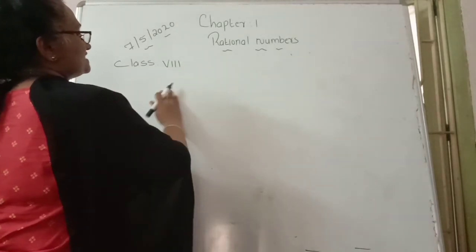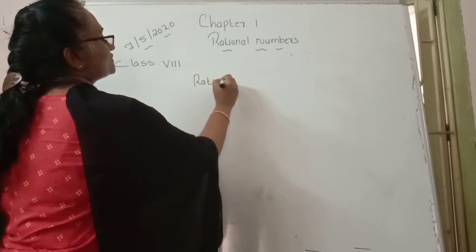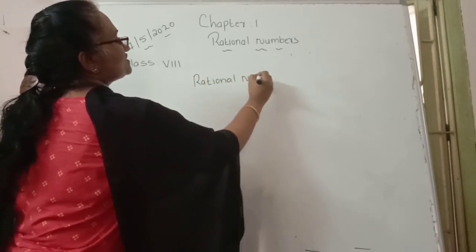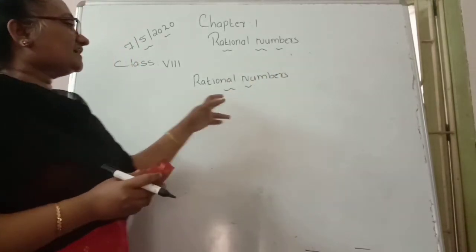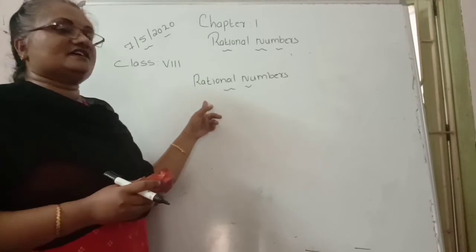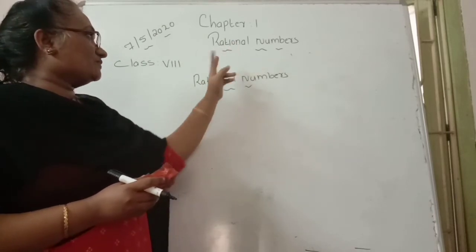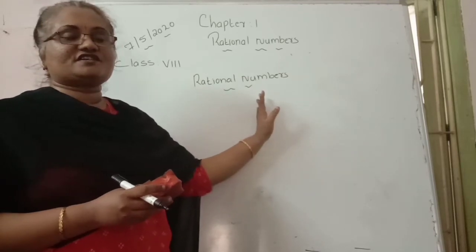The next one is about rational numbers. So that was the integers case; I hope you can understand what I said there. Then our next topic is rational numbers. So what about the rational numbers?